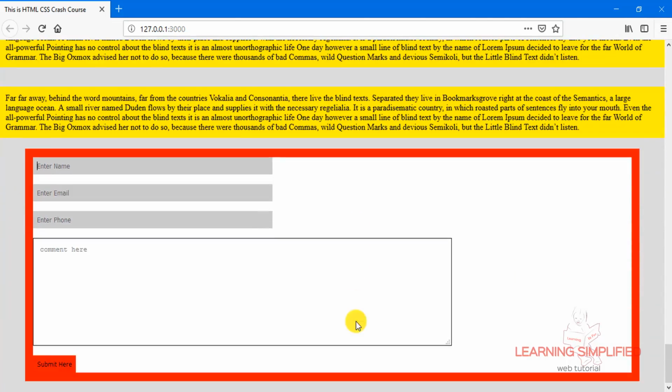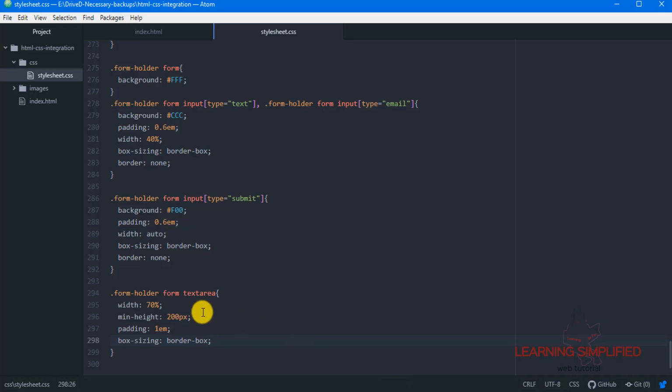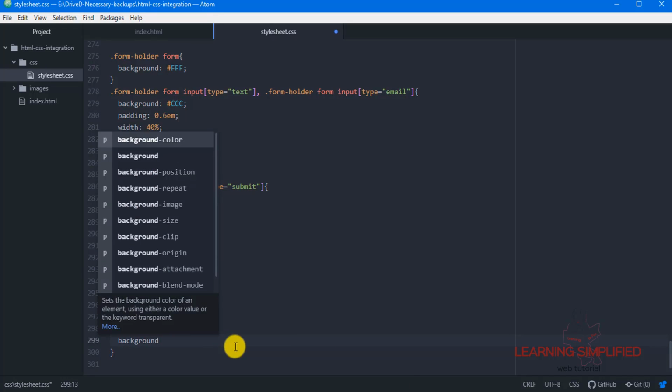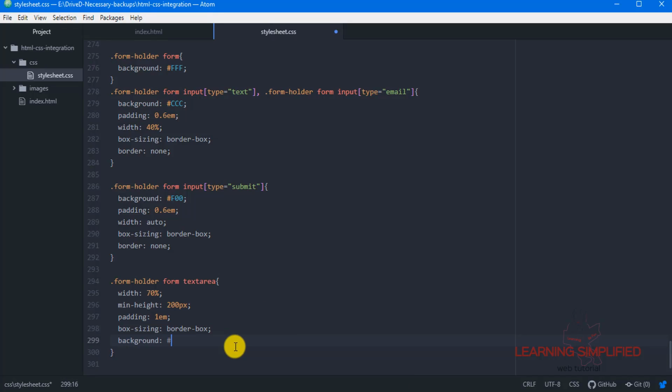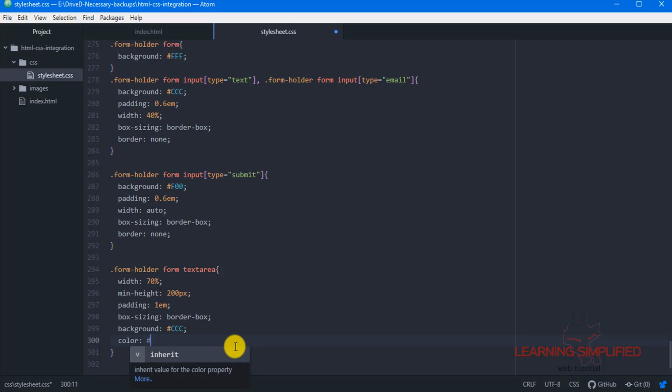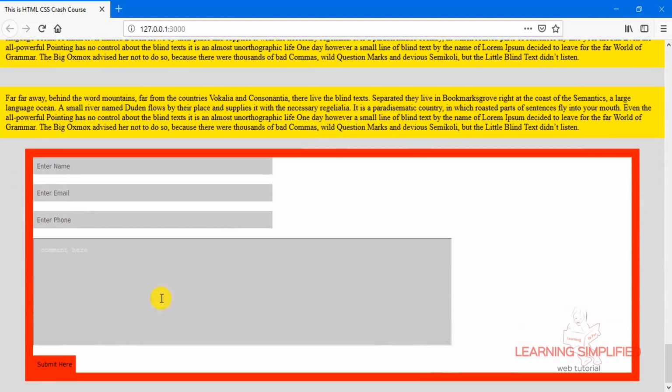Now if we get back to our project, we can see that this will be the output. We can see that we haven't provided any kind of background here. Now if we put a background color of, say, CCC, and if we specify a color property of white or anything you wish, get back, and you can see that this will be the result, and this is the color here.